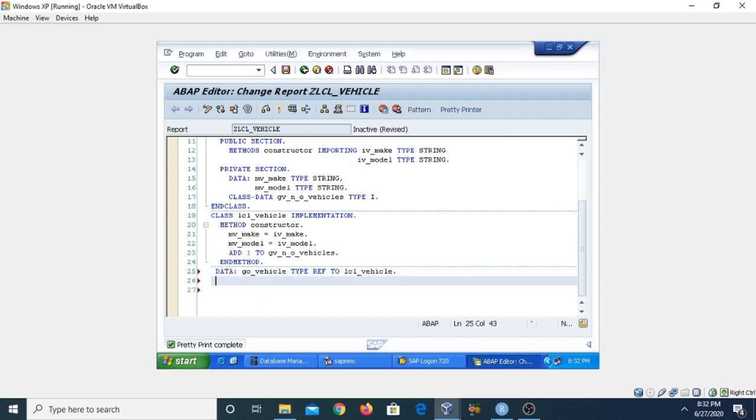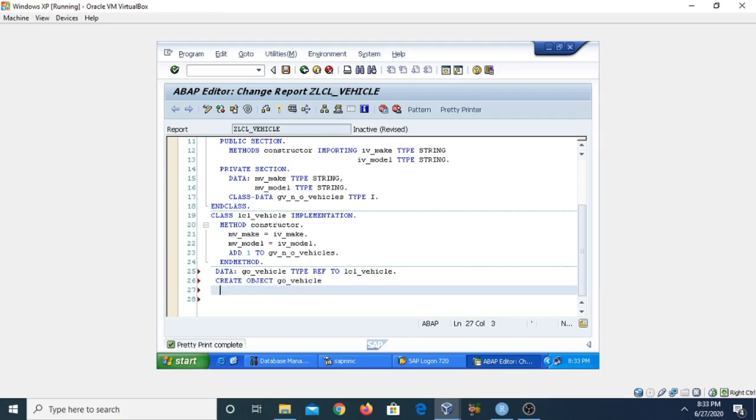So we have created the reference variable. Now if you want to create the object of the class, we use the keyword create object, and the object name must be the same as the reference variable, go_vehicle.